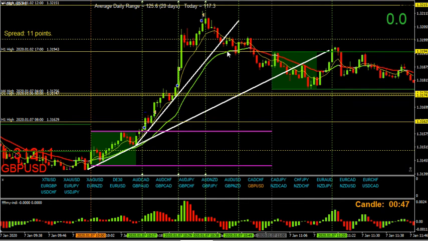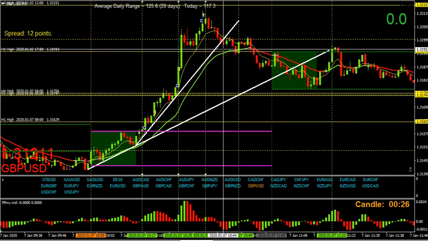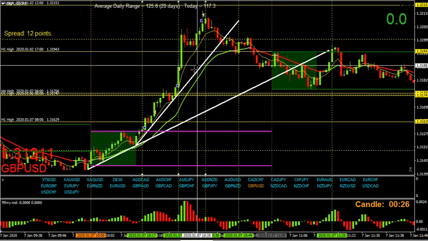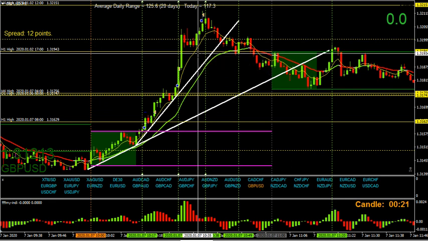If it doesn't, but I still think it should, then I want to go make a coffee or something, or look at something else, or make a video or whatever. Then I need to tighten my stop from the safety stop to where I think it will be safe not to get taken out, and that's below or above nearest support and resistance.